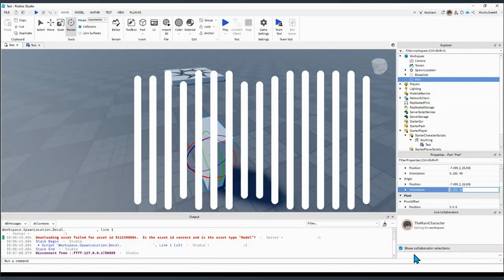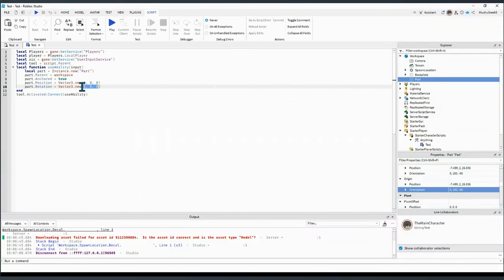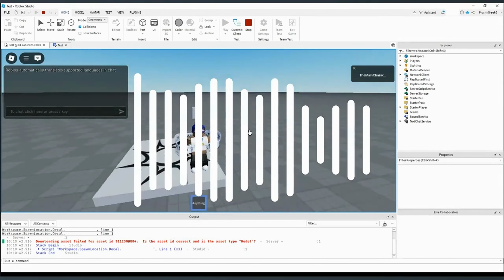So we can tap this and press Control C, and go here, take all this, and put Control V. So now our part will be standing like that. So if we tap this,